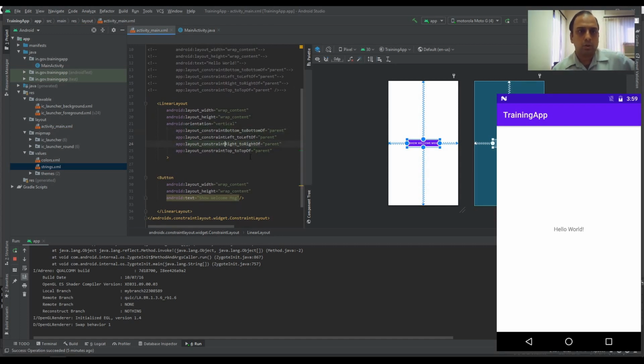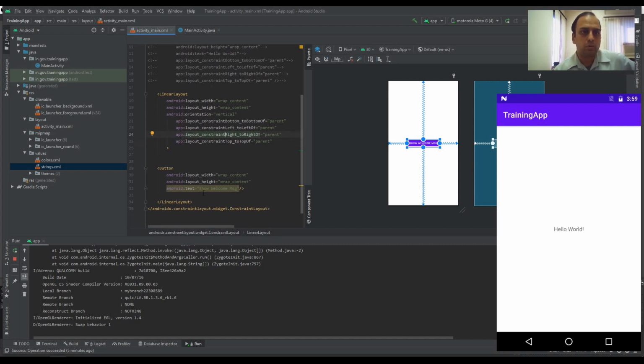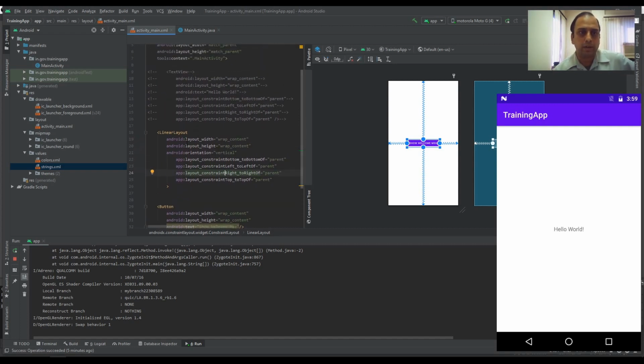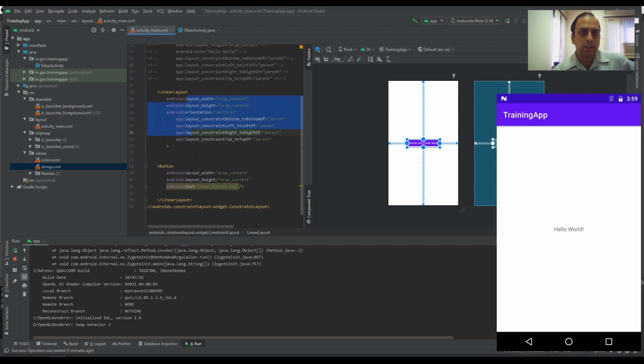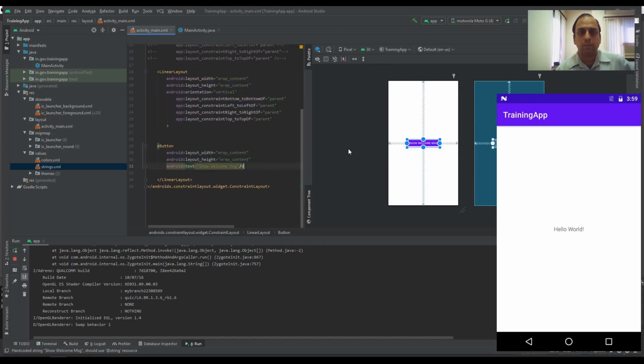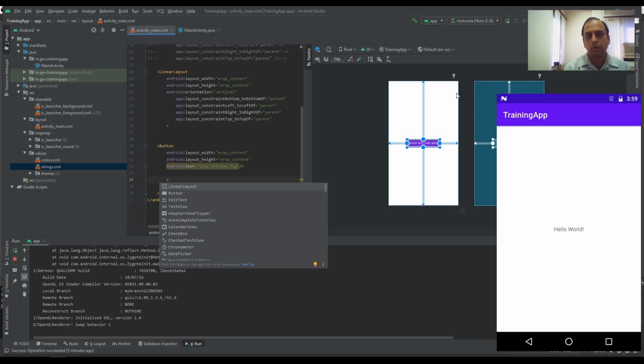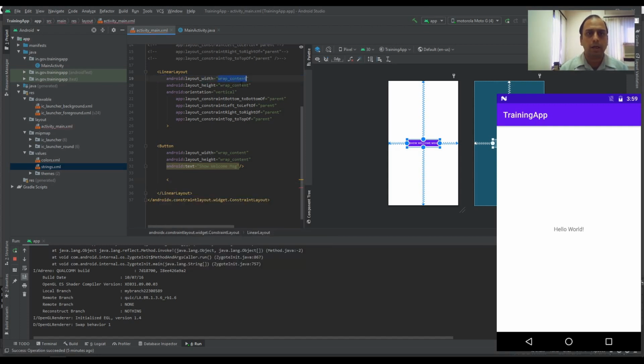Okay, so friends, this is how we can create a linear layout, and in this linear layout we can create multiple items. So I will just create another item just for learning's sake. It will not be used. Linear layout, its width and height should be equal to the parent, so it should be match parent.